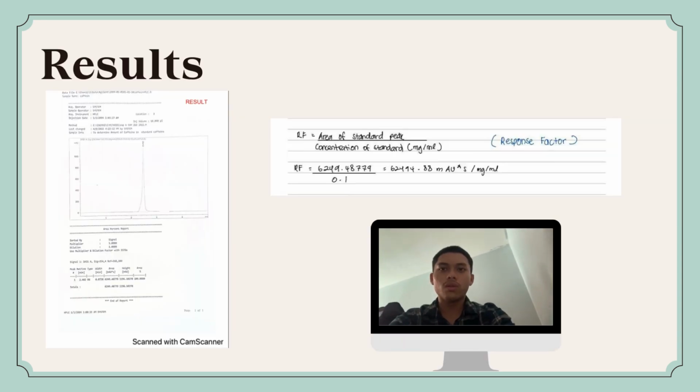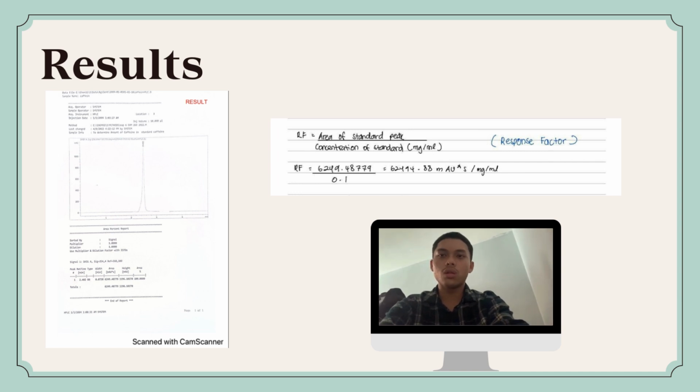Hello, without further ado, I will explain this result. This is the first result. As you all can see, it is a standard caffeine, and based on the graph, there is only one slope. After that, we can refer to the data given under the graph, which shows the rate is 100%, which means it is pure caffeine. But the main calculation here is for response factor, and the formula is area of standard peak over